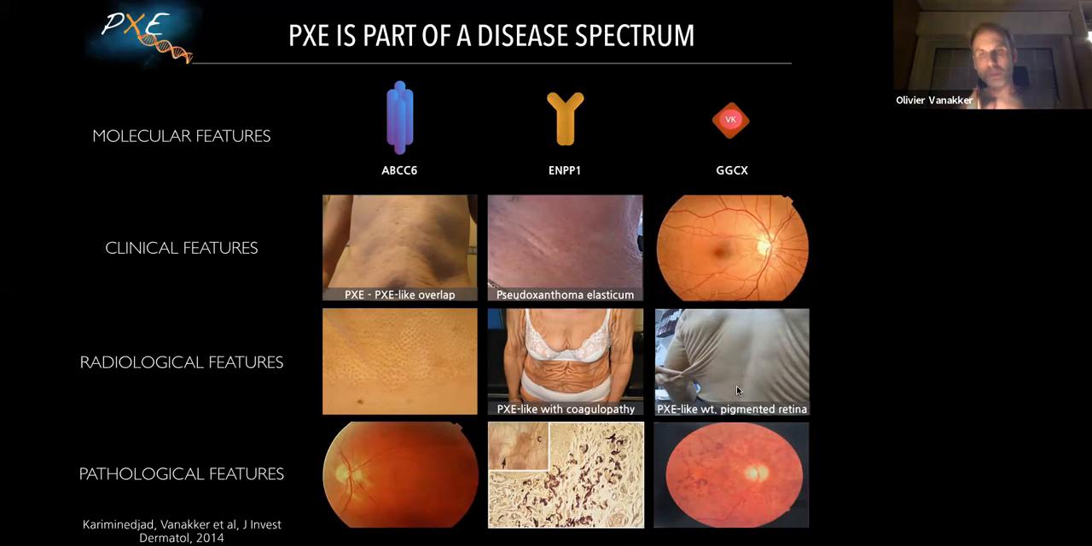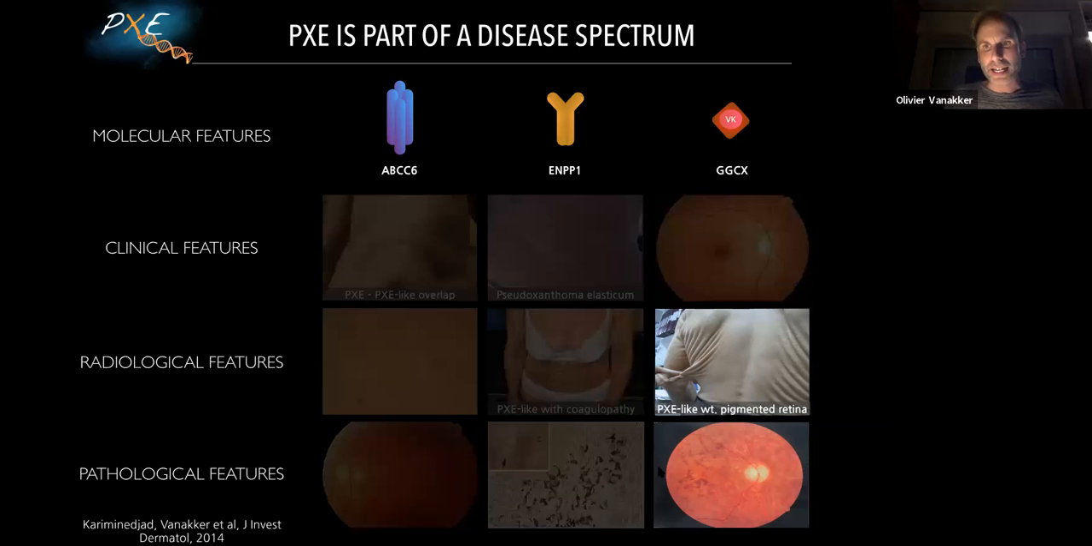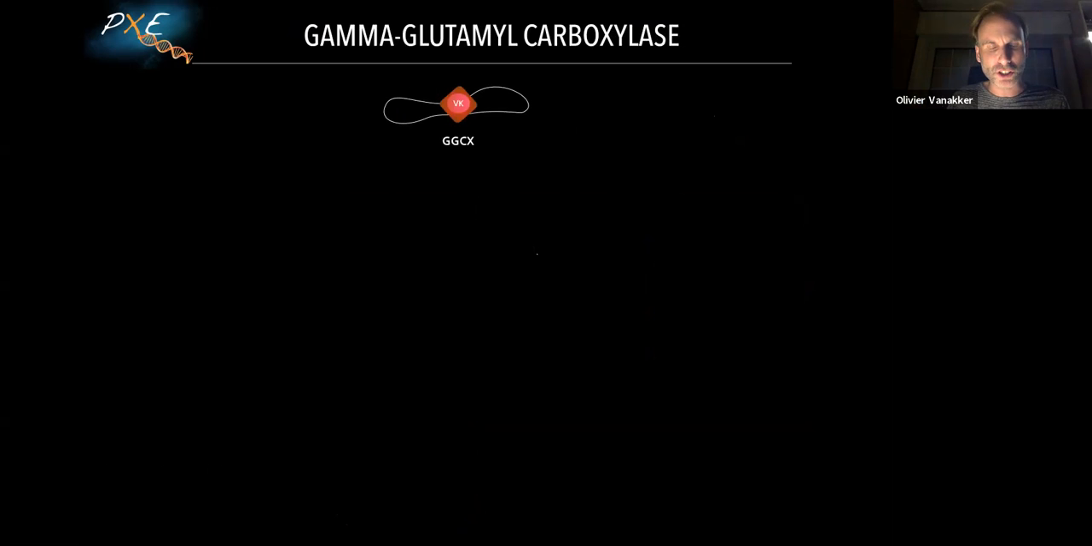And the same is true for this one. Again, mutations in GGCX. They also have a retinopathy, but the skin features are different compared to PXE. But if you take a skin biopsy, it looks nearly the same. And so this GGCX gene